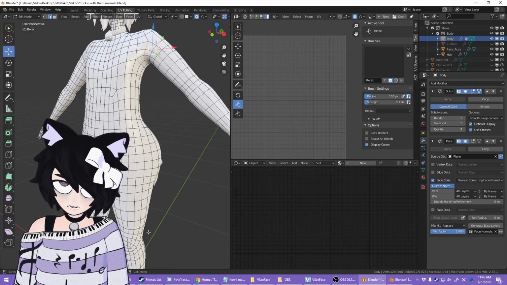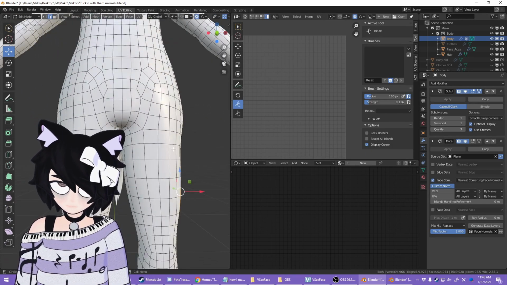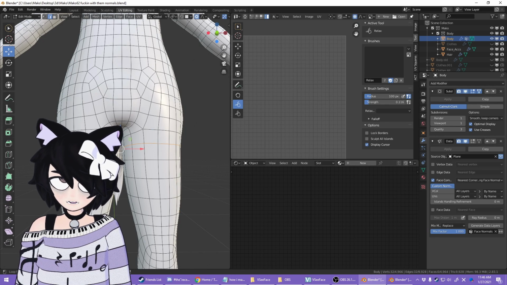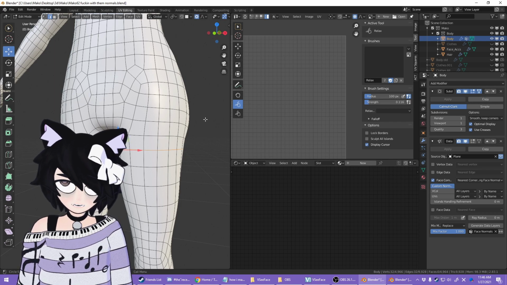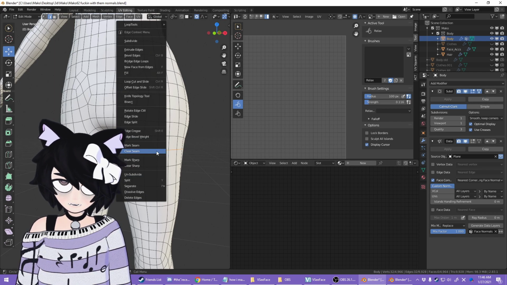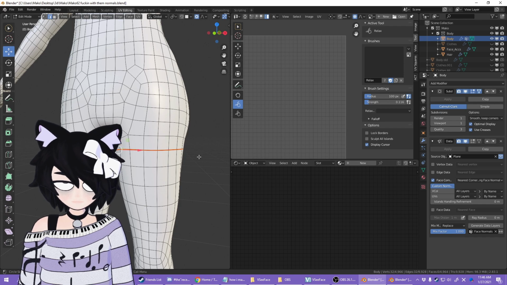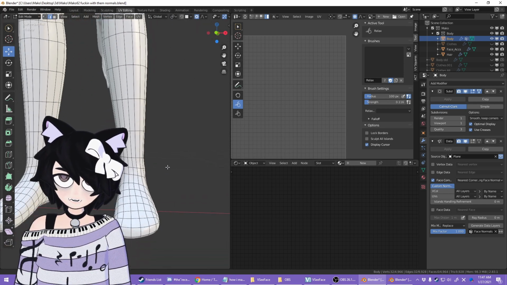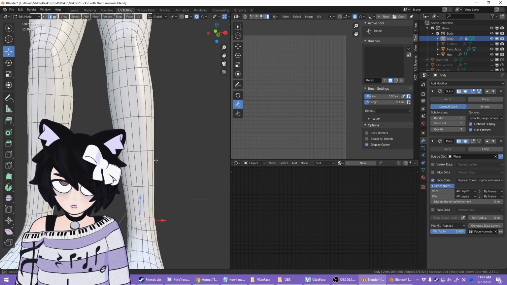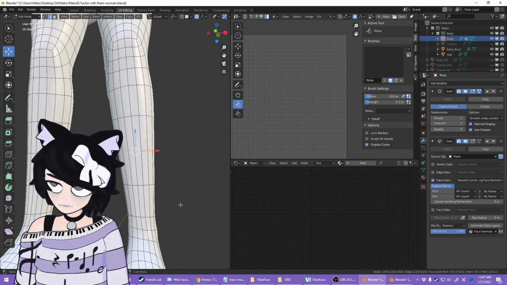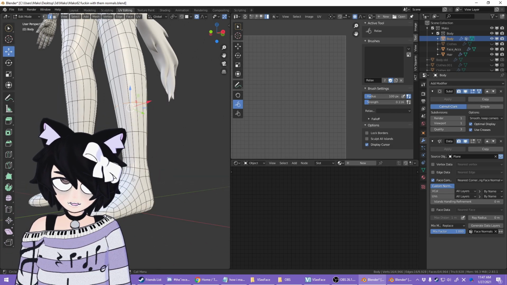We're basically going to be marking parts of our model to give the program an idea of where it should cut our polygons for the UV unwrap. So I'm going to select this edge loop, right click, mark seam. And then I'm going to go down here, and instead of going down to the bottom of the leg here, I'm actually going to put it here. The reason for this is I want my character to have socks on.